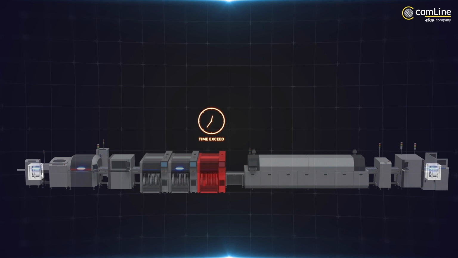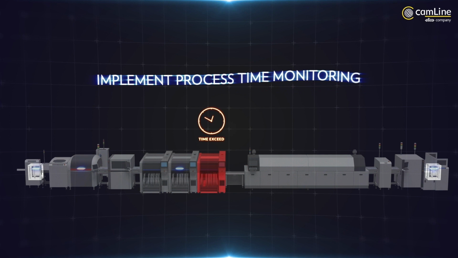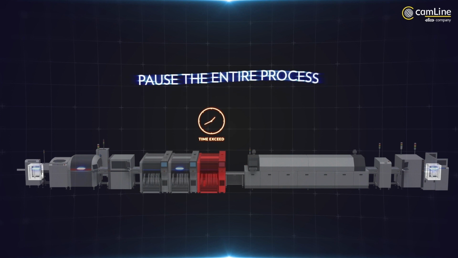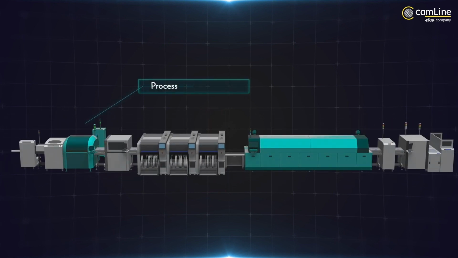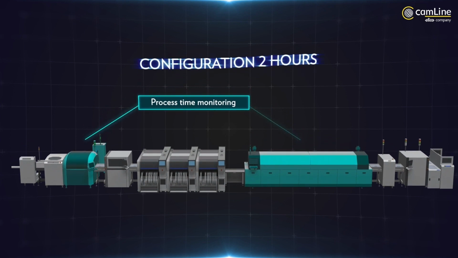Therefore, how can we ensure that process time monitoring is implemented in each equipment step to maintain high reliability? And is it also possible for engineers to pause the entire process at times of violation? This could be achieved with effective machine-to-machine communication where data collected can influence actions for upstream or downstream equipment throughout